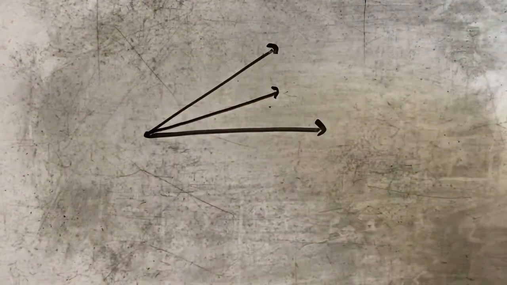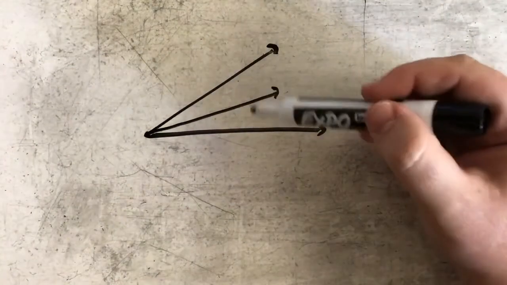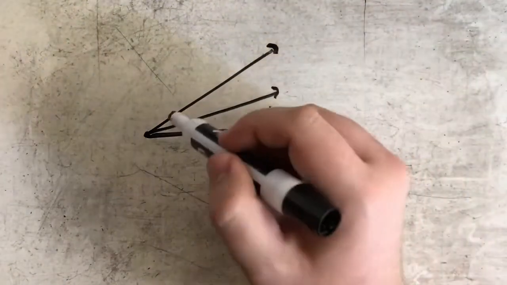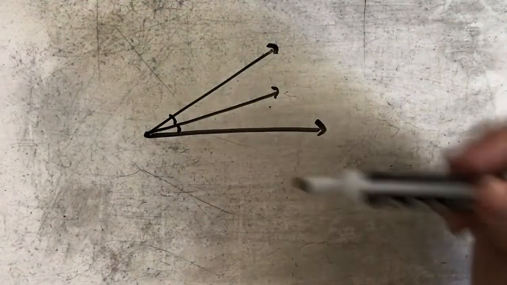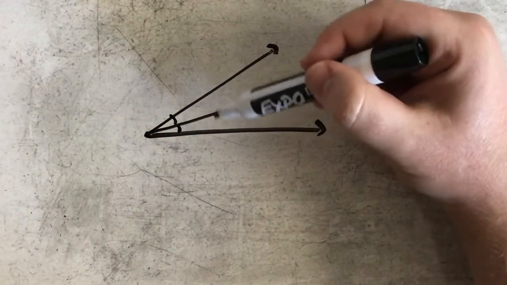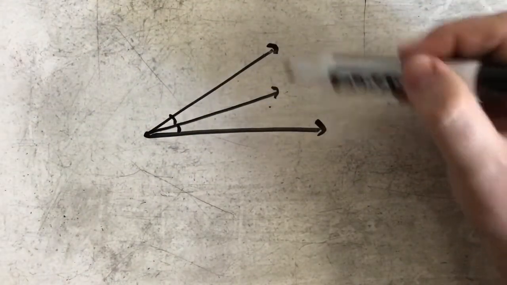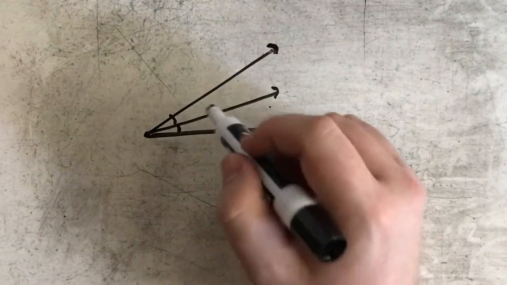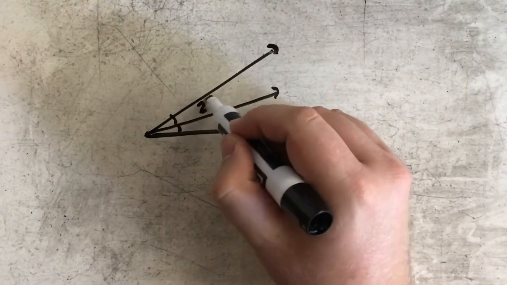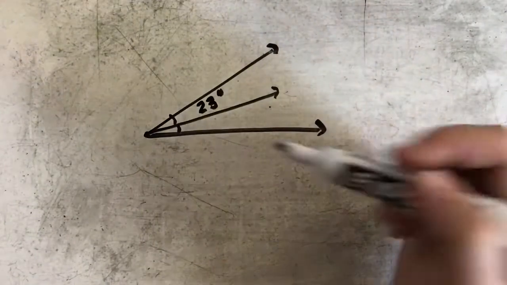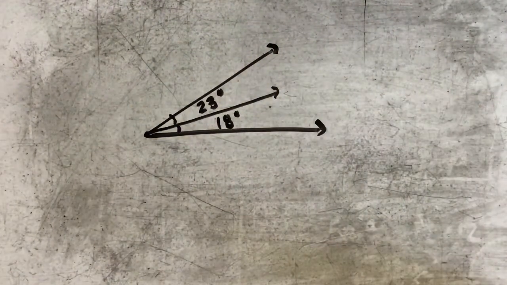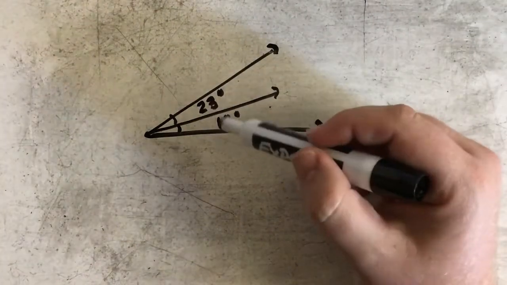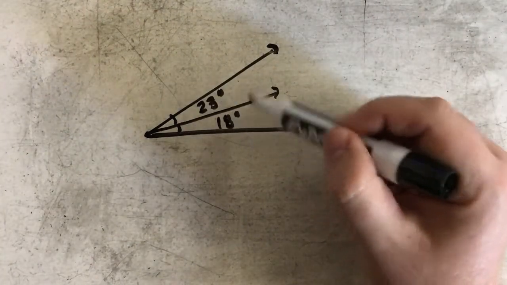Sometimes we can see angles decomposed into two smaller angles. And if I know the measure of both of these smaller angles, then I can use that information to find the total measure of the larger angle. So if I know, let's say, the top angle is measured at 23 degrees, and the bottom angle is measured at 18 degrees, then all I need to do is add this angle to this angle in order to find